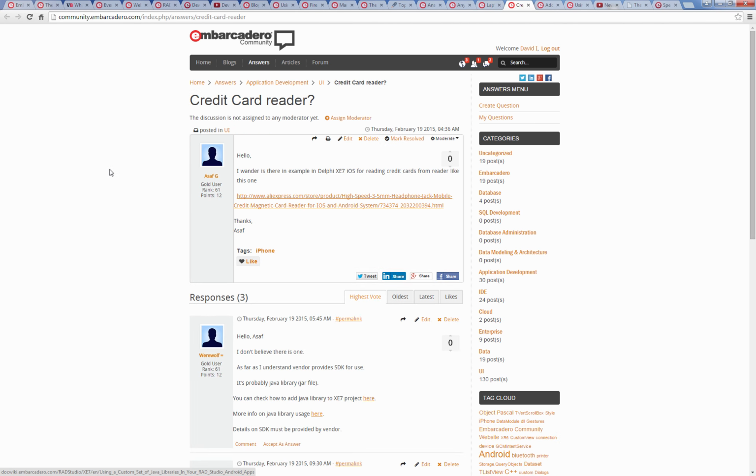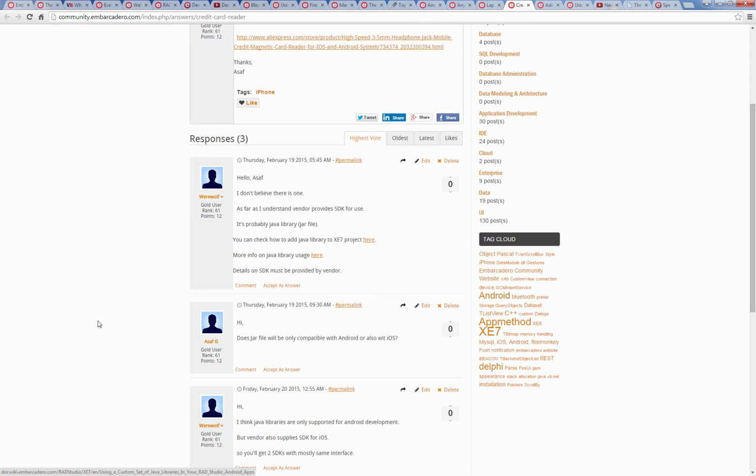Asaf is asking about credit card reader information or demos for XE7. He's got a credit card reader link that he puts here that uses the credit card readers, some of them that go through the headphone jack mobile, like the Square, I think it is, and such. And Werewolf